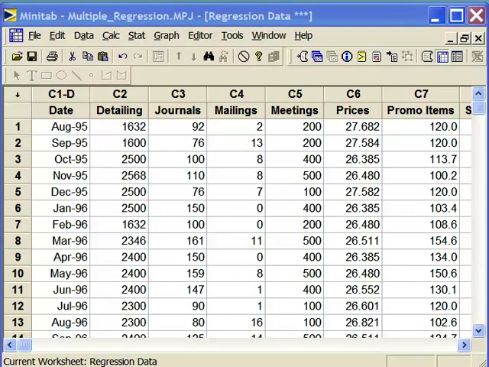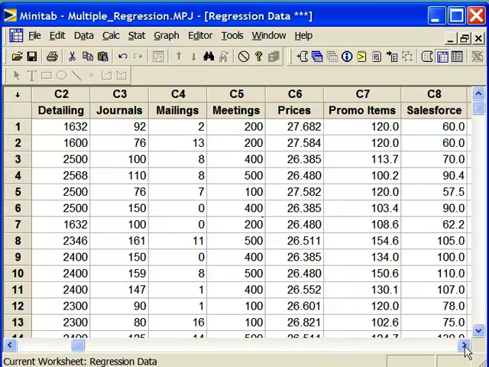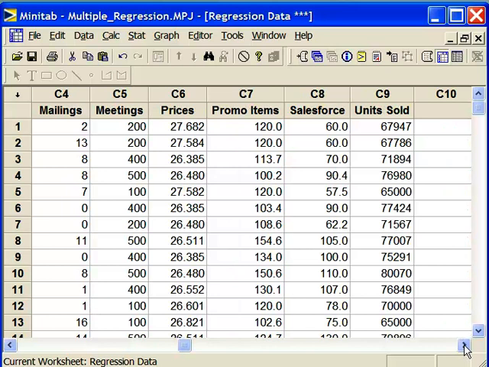Now that you have Minitab open, make sure that you open up multiple_regression.mpj. It's a Minitab project, and that's where our regression data is. The first thing that you'll see when you open it up is this worksheet. You can see that we have a column for the date field, detailing, journals, mailings, meetings, prices, promotional items. I'll scroll over a little bit: Salesforce spending, and units sold. Units sold is the output characteristic, and we want to find out if any of these input X's are related